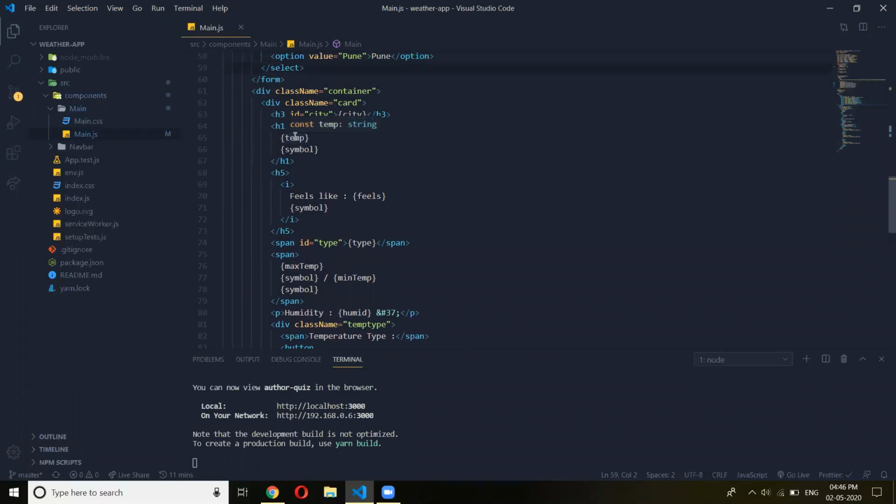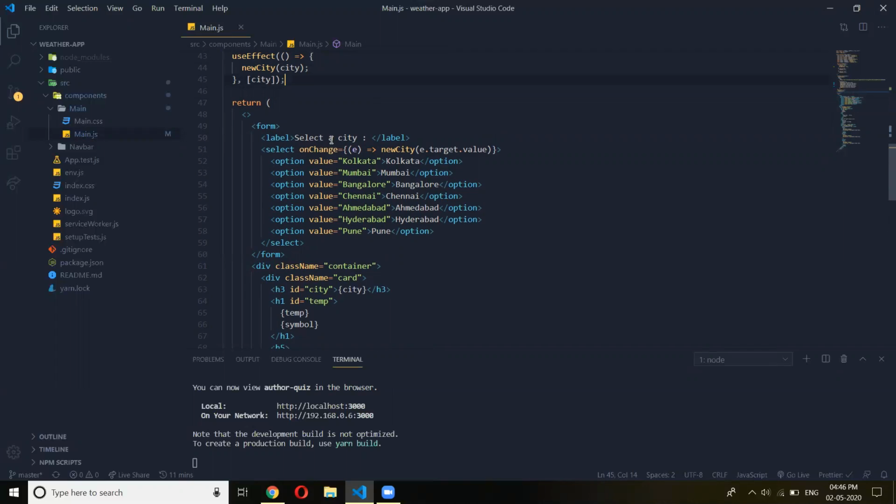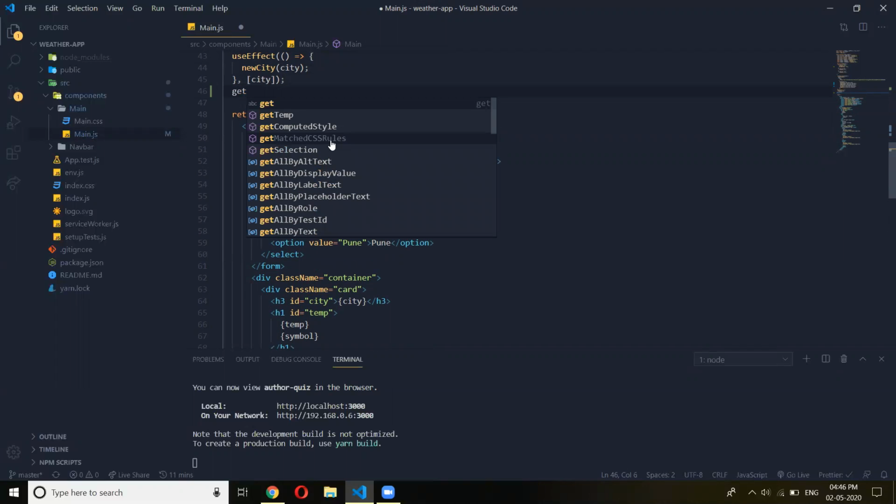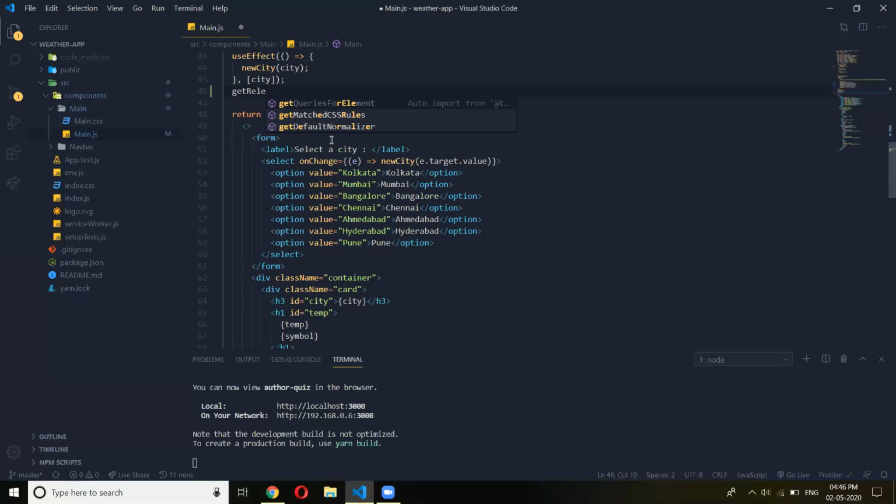Temperature. This is the temperature. Okay. Instead of having temperature here, your temperature should be a variable here, which is calculated from the state. Let's create a function, get relevant temperature.